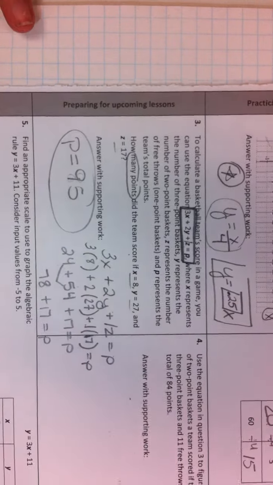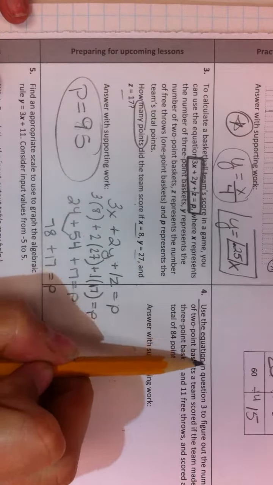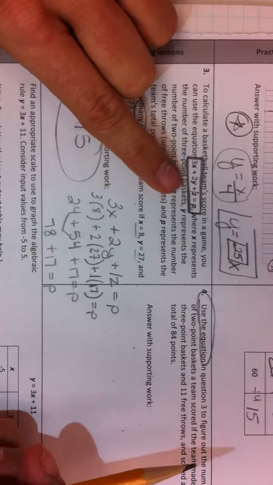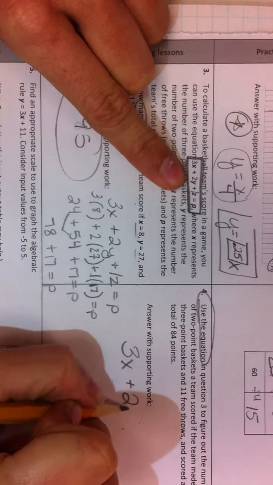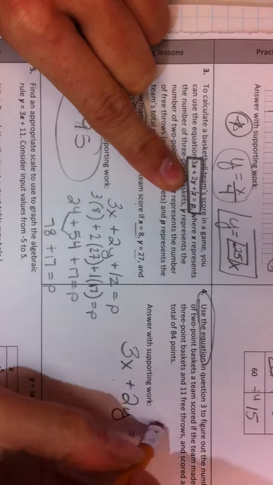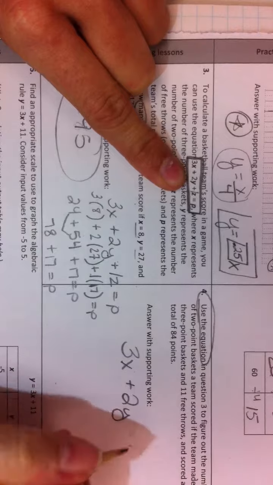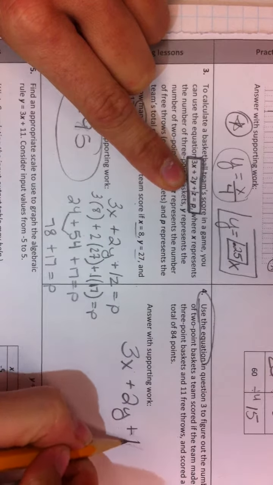All right, so number 4 is a little bit trickier, but we can do this. It says use the equation. As soon as you see the words use the equation, write out the equation. We have 3x plus 2y, I messed up again. 3x plus 2y plus 1z